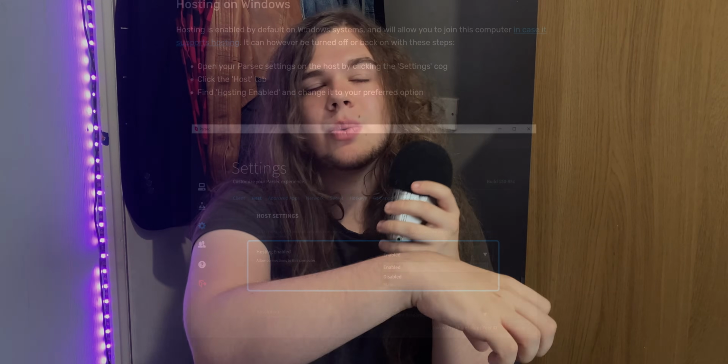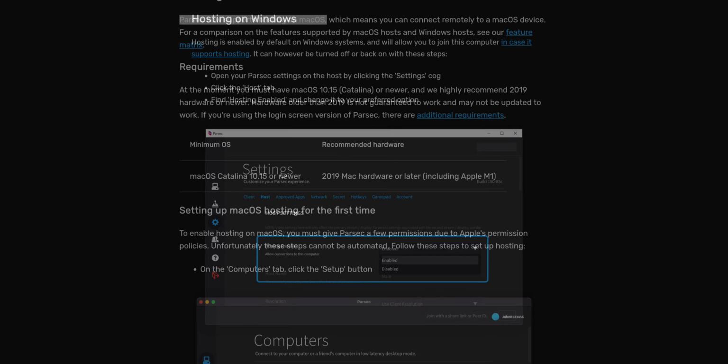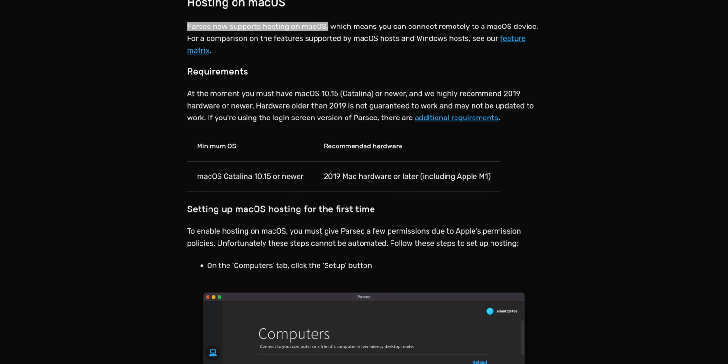You're probably more likely to be familiar with a piece of software called Parsec. It's called Parsec on both sides, so it's just the Parsec host and the Parsec client. However, as you're also probably aware, that is only available to host from mainly Windows, and I'm not sure if macOS hosting is out of beta, but I believe macOS at least somewhat works.